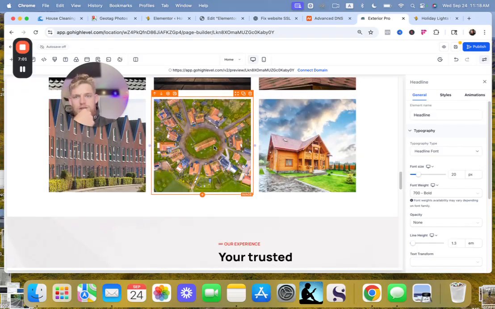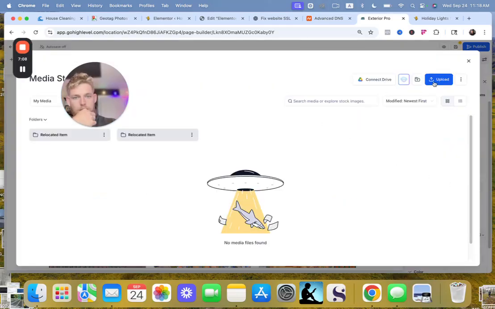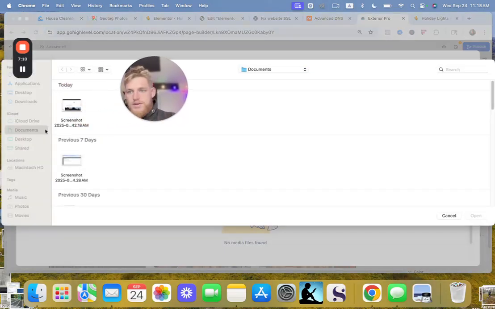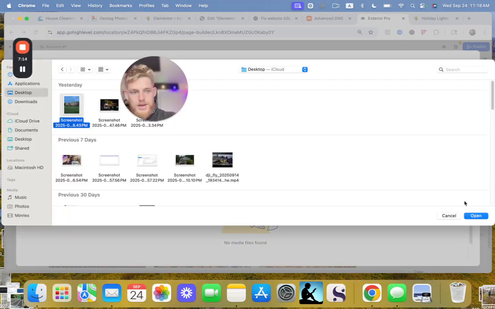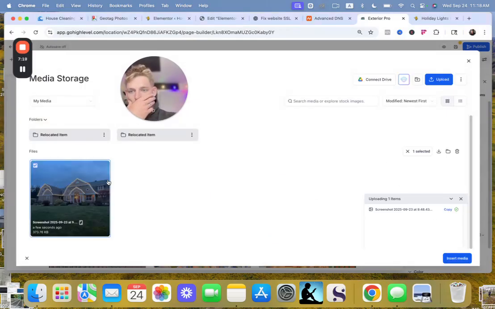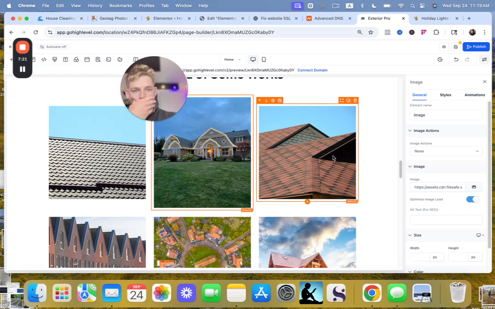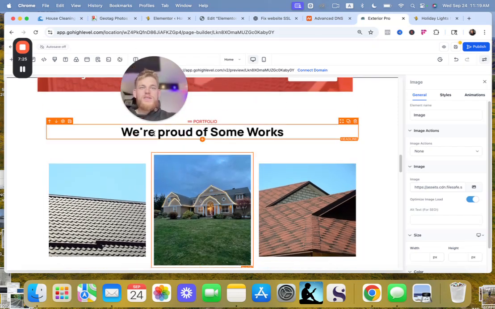But anyways, we're just going to start putting up some new media in here. Go to assets. You can just go upload. Let's go to desktop. I put this up yesterday. I'm going to show you one quick little trick that I did for some of these. So insert media. So that's pretty cool. What you want to do, and this is something that I like to do,